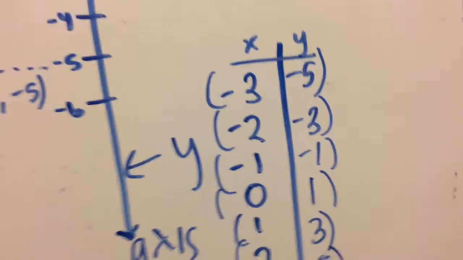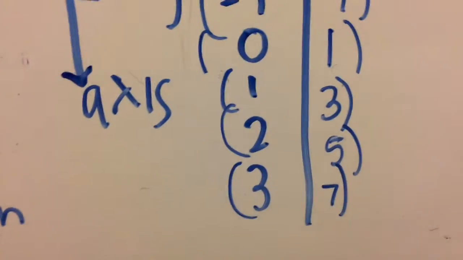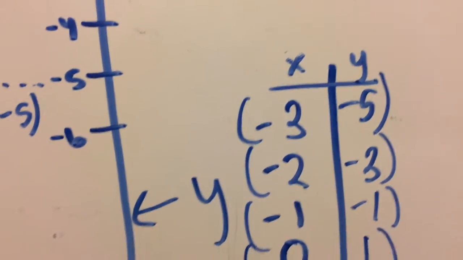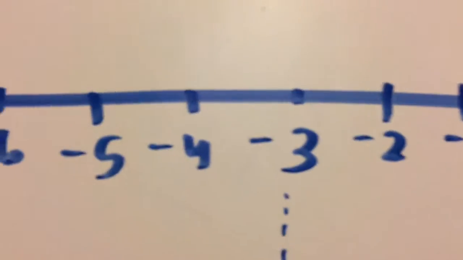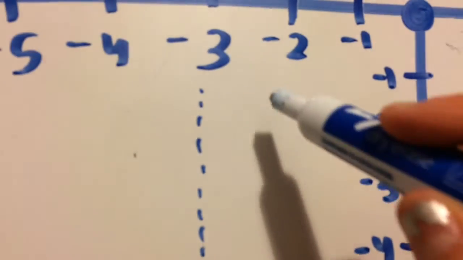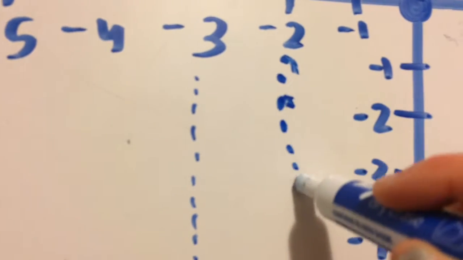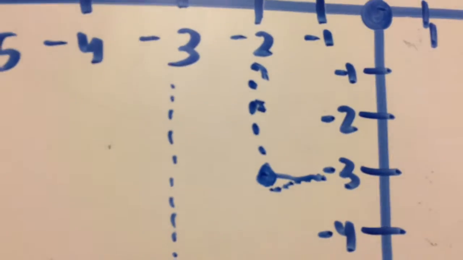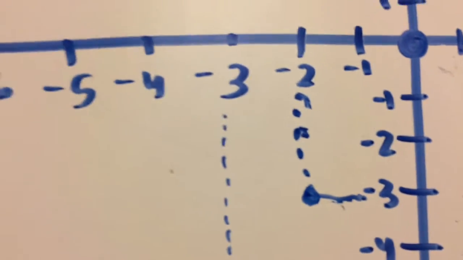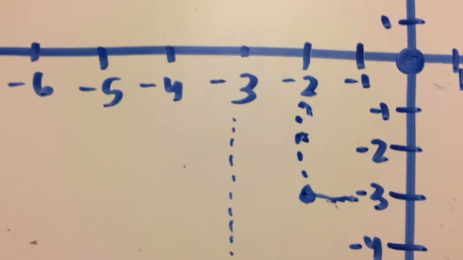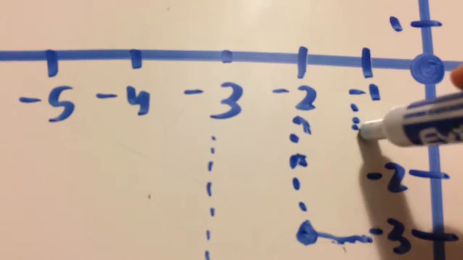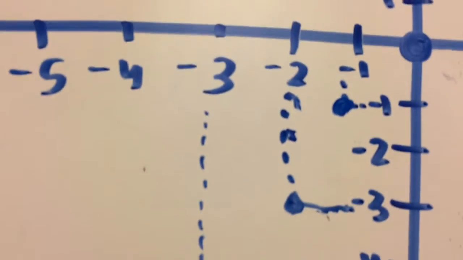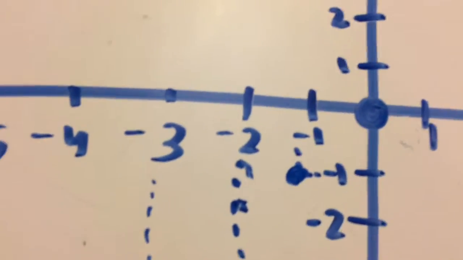Alright, so after we did all that work, finding all those points, we get to finally plot them. We already plotted our -3, -5, and now we have to plot our -2, -3. So we'll go over to -2, and then we'll go down to -3. I went a little too high, and then plot that right there. So -2, -3 looks like that. Then -1, -1, it's both -1s, so we plot that, and then we have 0,